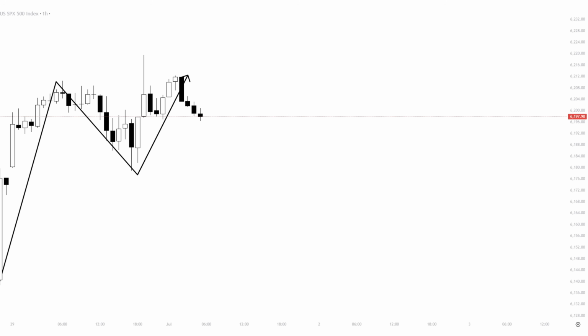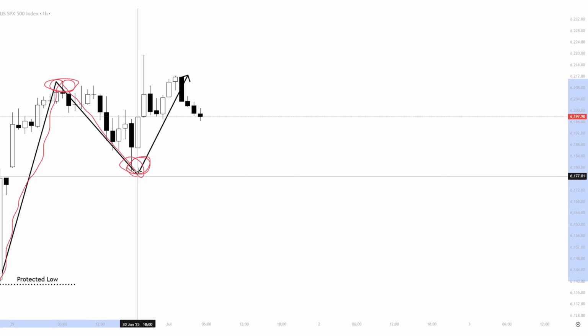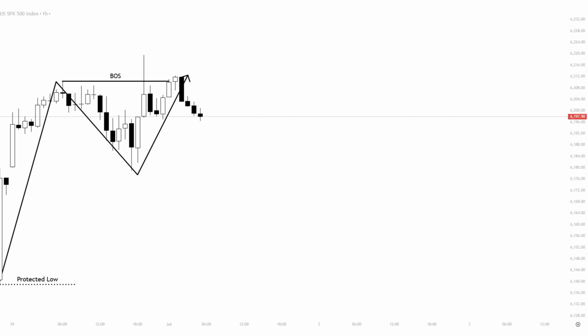On uptrends, the protected levels are the swing lows, this being the first one, from where the market pushed aggressively to the upside forming a local high, then pulled back down and continued higher. The break of the past high validates the new protected low, and on uptrends, right after the break of structure,